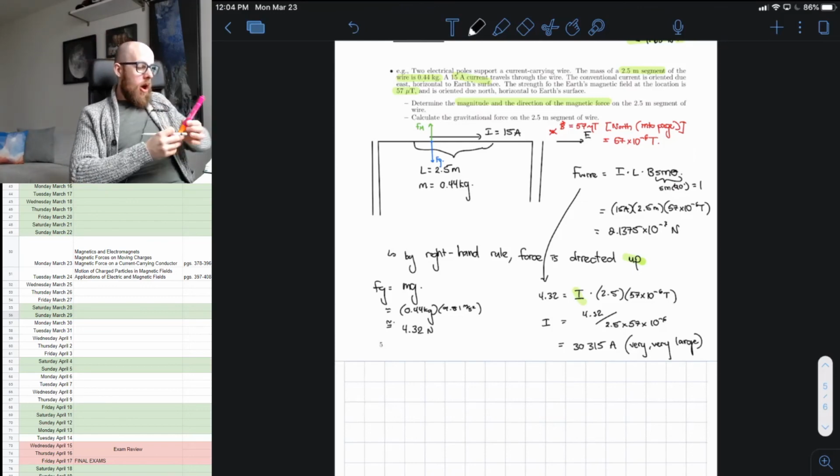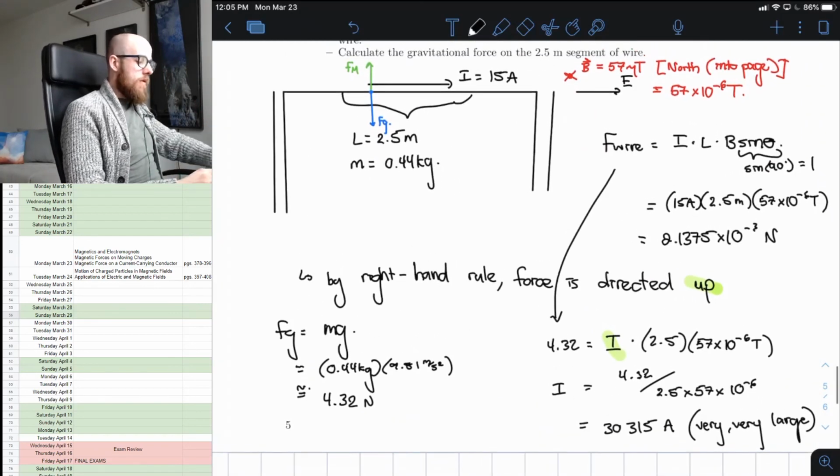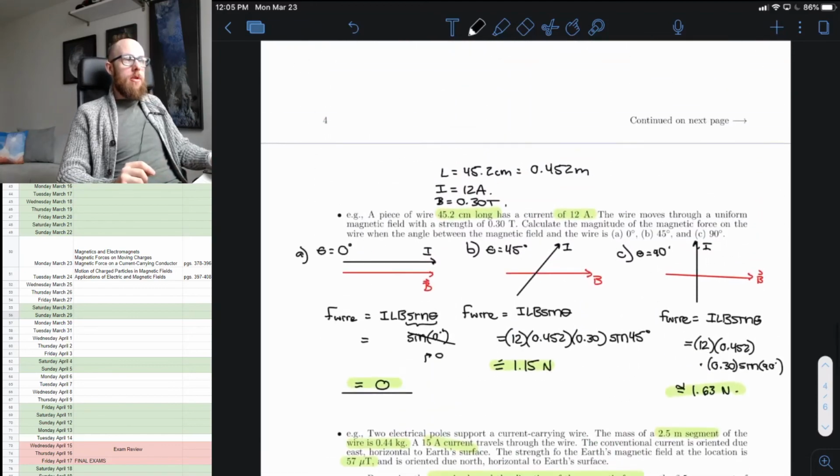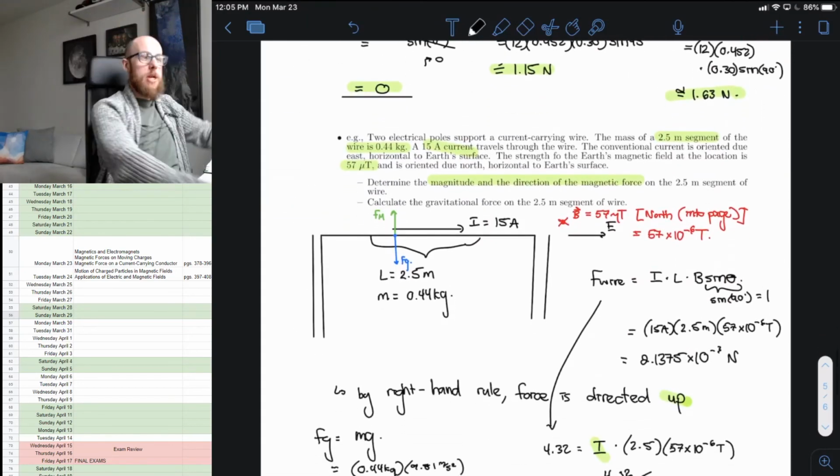So, any questions about that example, or any questions from any of the examples? What are we thinking? How was that first class? What do we think? I'm actually going to pop into the